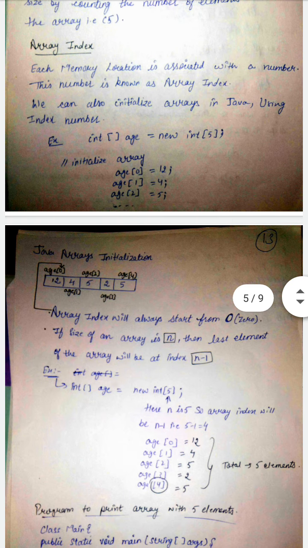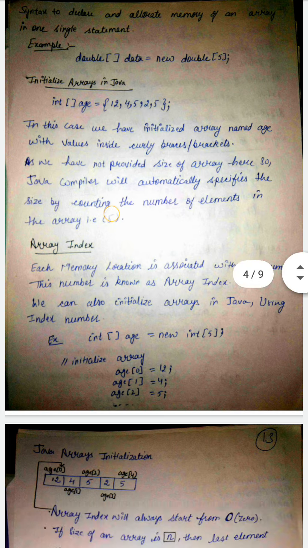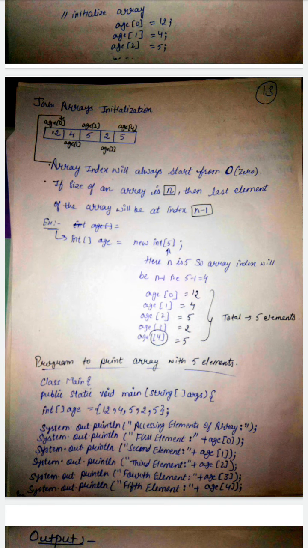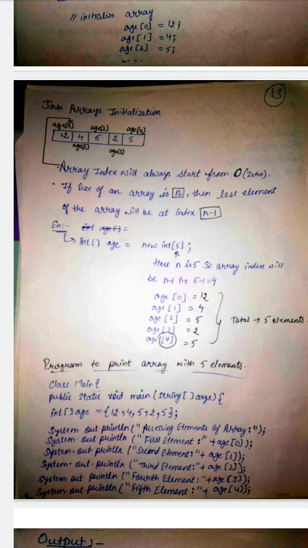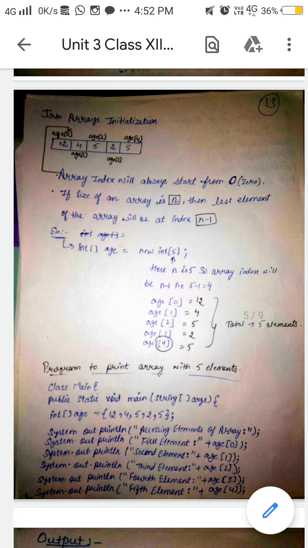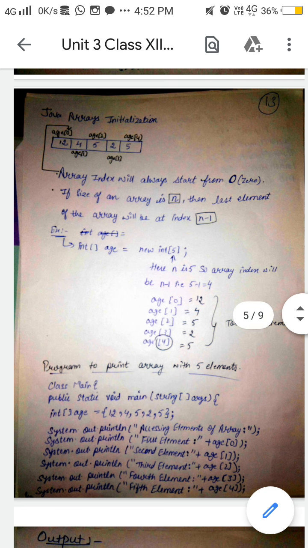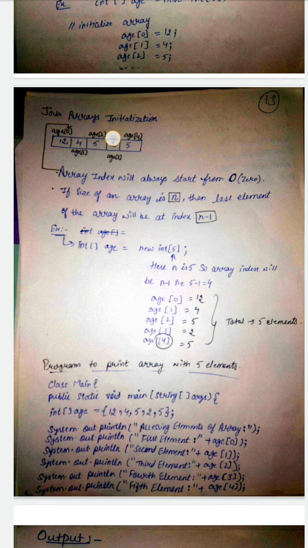Now you can see here, as we have initialized the array age with these values 12, 4, 5, 2, 5. So in the array, how will we be locating these, you can see here. First we will make this kind of array initialization. First you will be writing the array name, and with the array name, the index will start from 0. So age in square brackets, you will be writing the index, that is 0. Okay, so in this 0 index the value will come 12. In index 1 value will come 4, in index 2 5, in index 3 2, and index 4 that will